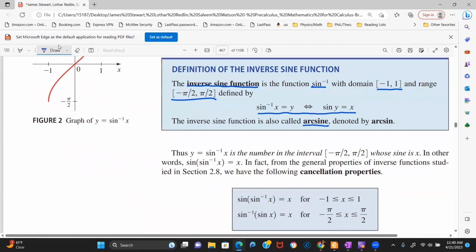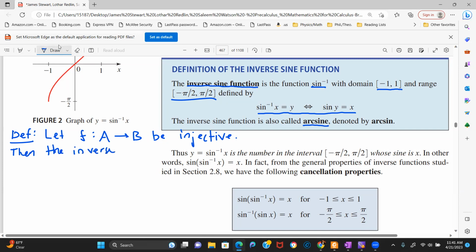So you can actually invert sine when you restrict it to this domain. So let me just over here remind you what an inverse function is. So here's a definition, just in case this definition looks really unusual to you. So let f be injective. Remember, that's part of what it means to be invertible. Actually, I want to specify the domain and the range also. So this is a function from the set A to set B, and it is an injective function. Then the inverse, which exists, and that's because it's injective,